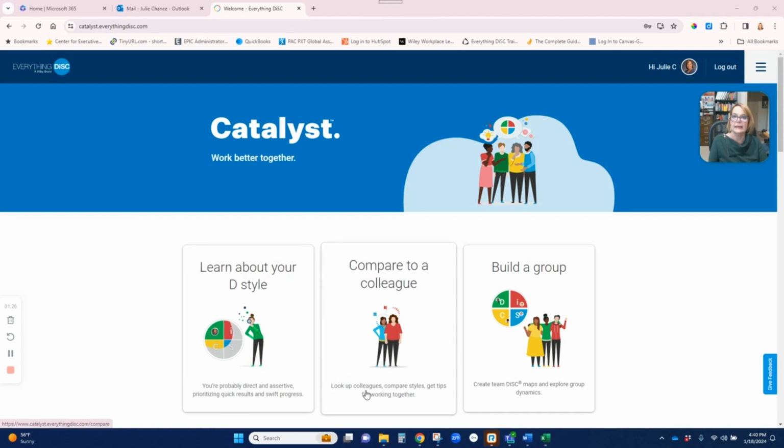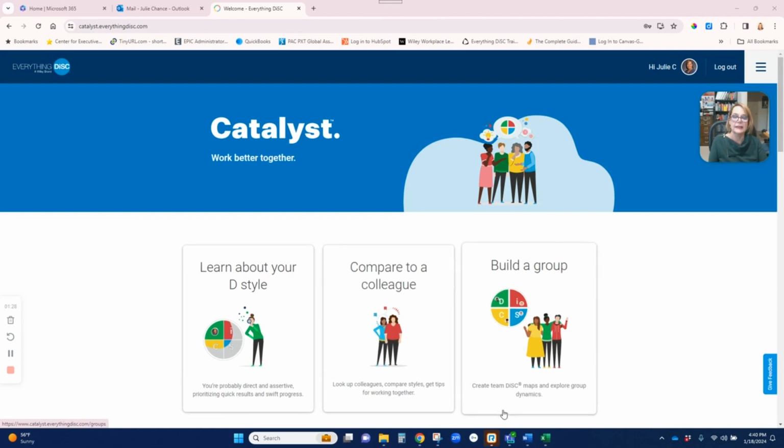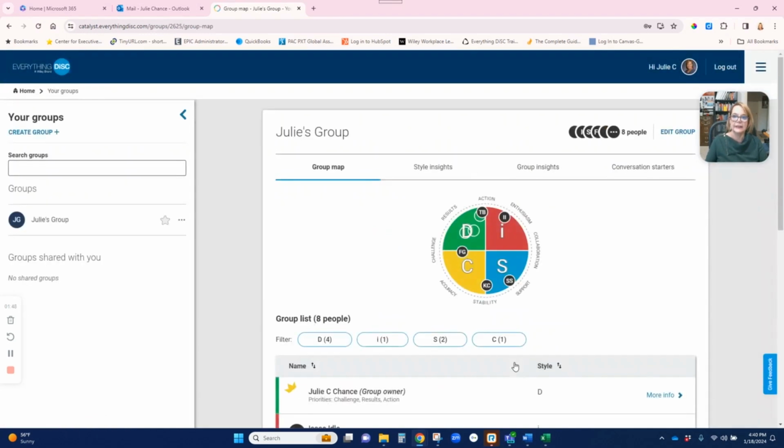The second allows you to compare with colleagues, and the third is to build a group, or the My Groups function. And these are really the three most used and arguably the most usable aspects of the program, some of the most beneficial. So we're going to take a look at the Build a Group function,